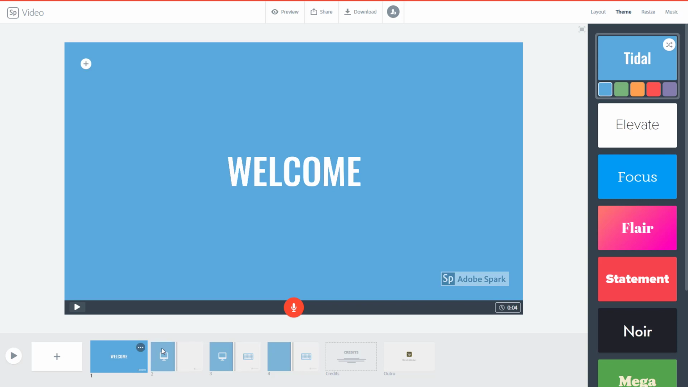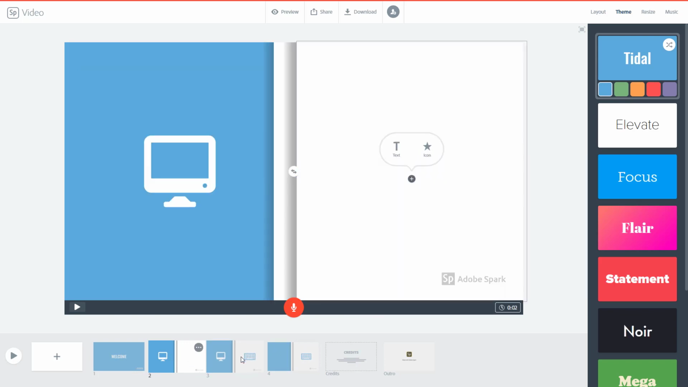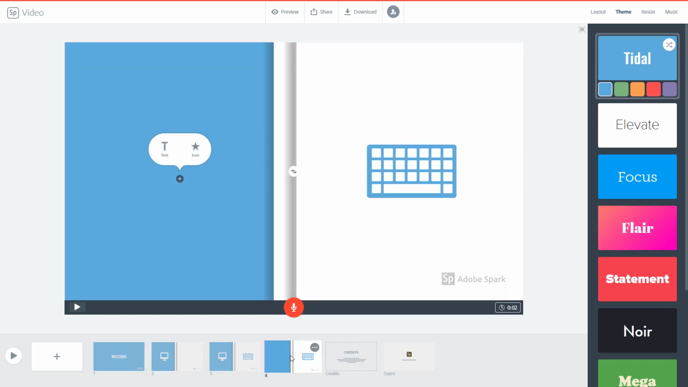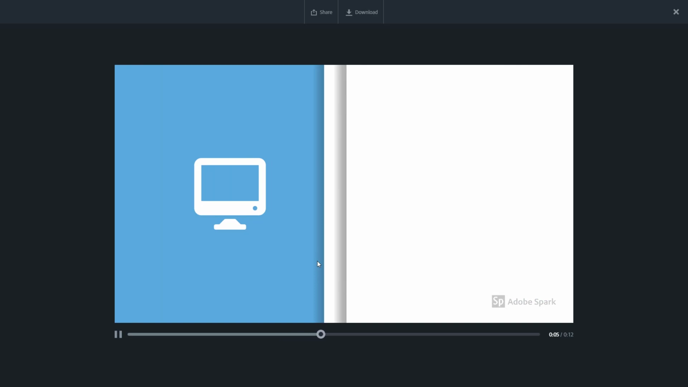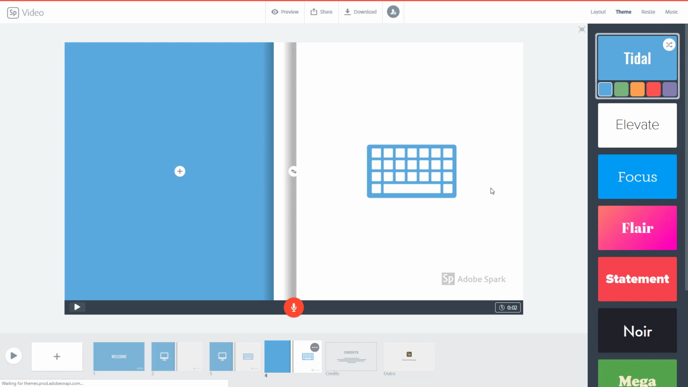So I got the slides that I actually made in my previous lesson. So I got welcome, I got the monitor which pops up first, the keyboard, and then the keyboard stays. So let's see how that looks now. So that's how the animation is, and if I want to change the color, I can simply go over here